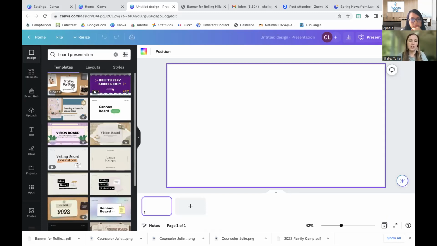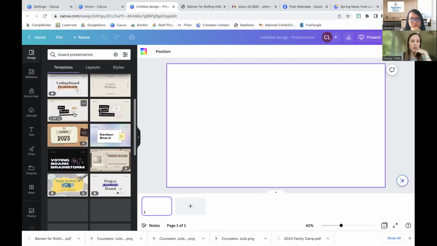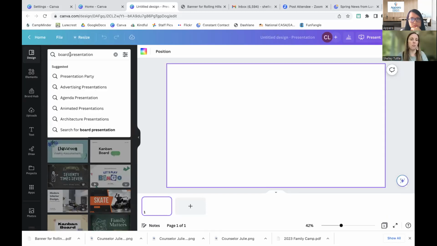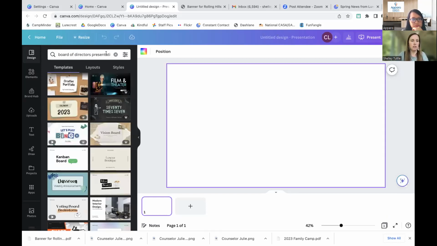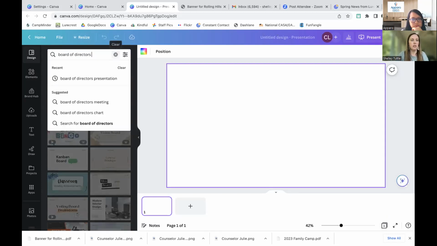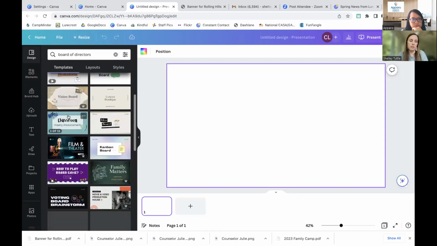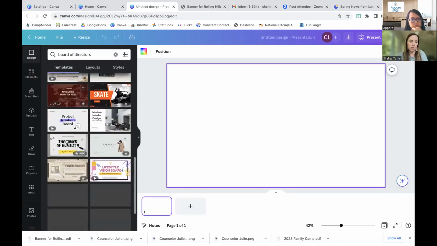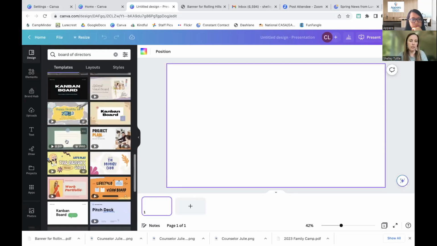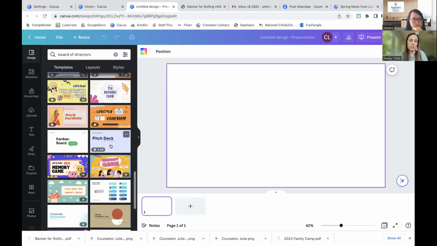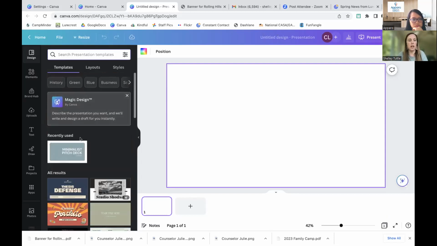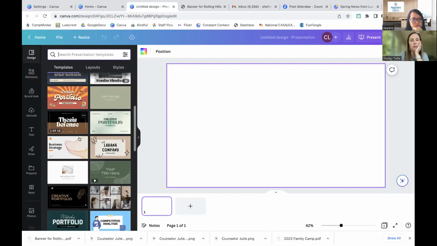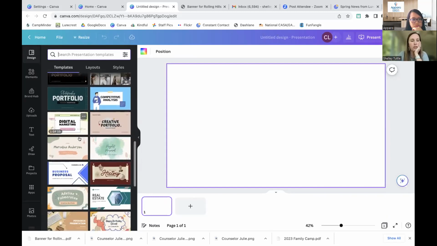So some of this is actually saying like, oh, vision board. You might need it to be more like board of directors. Let's take off presentation. So you can look specifically for those things, and sometimes it'll come up voting board, brainstorm. This is still kind of getting more on the, here's a pitch deck that kind of looks good. But if you take that off and you're just looking at the regular templates that would be used for presentations, I would just look for something that